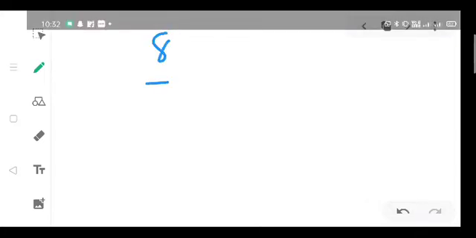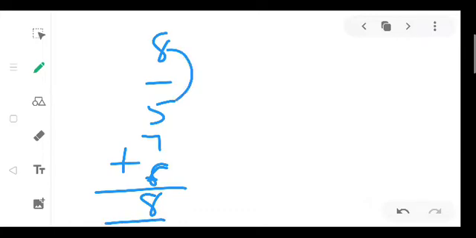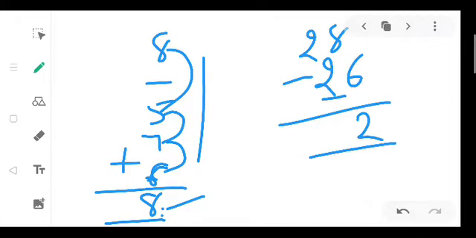I will explain you on the separate page. See, firstly we will add all the ones place digits. 8, blank, 5, 7, 6. When we added it, and this sum was given here. 8 plus 5, 13, plus 7, 20, 20 plus 6, 26. It should be greater than 26, so we assume that it was 28. 28 minus this 26, our answer is 2. So what have we written in this blank area? 2.